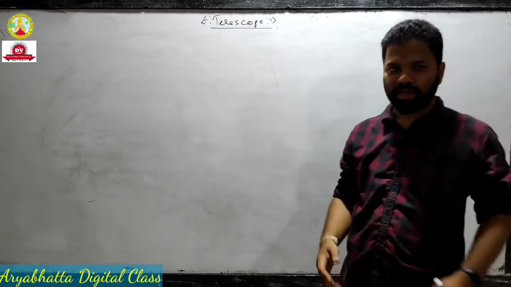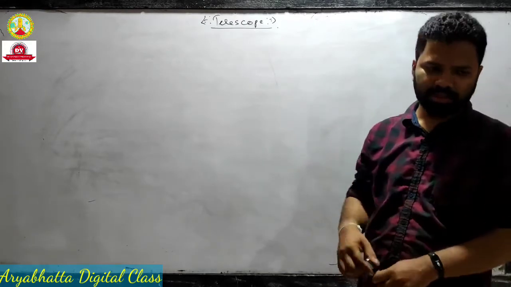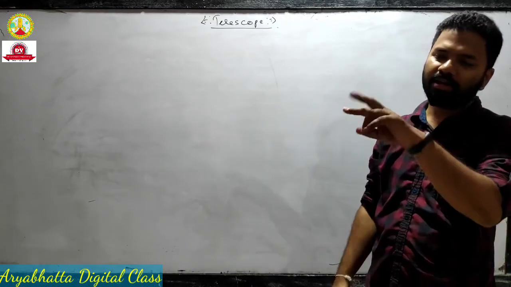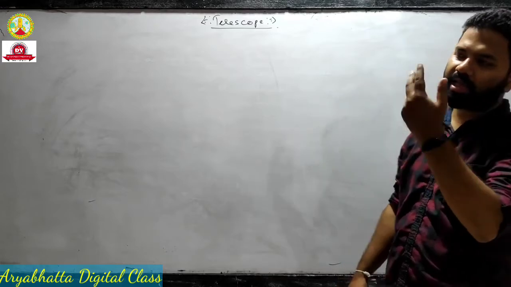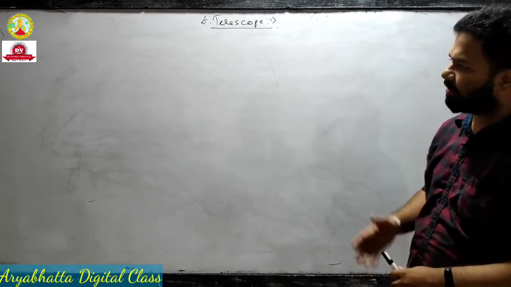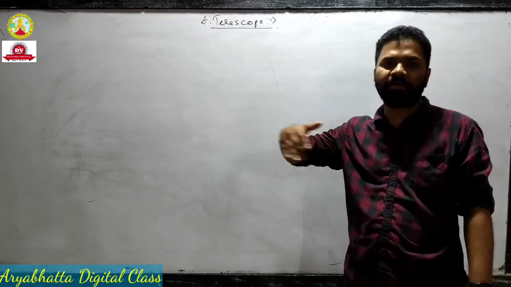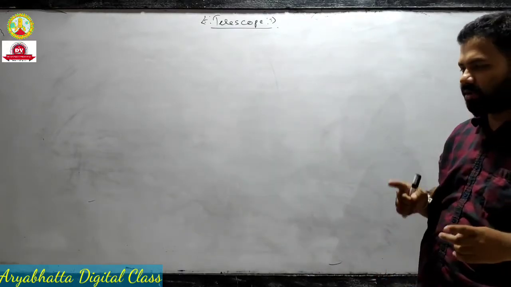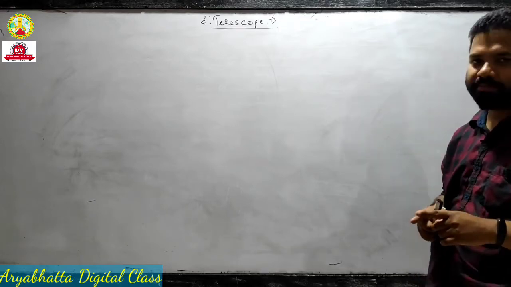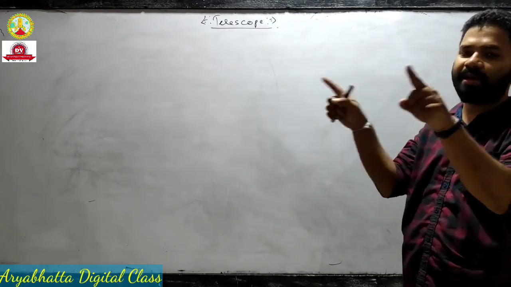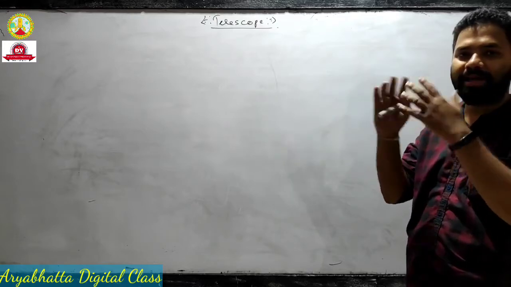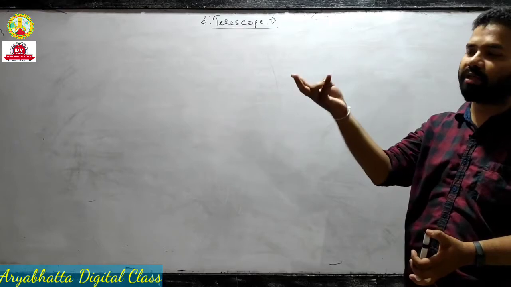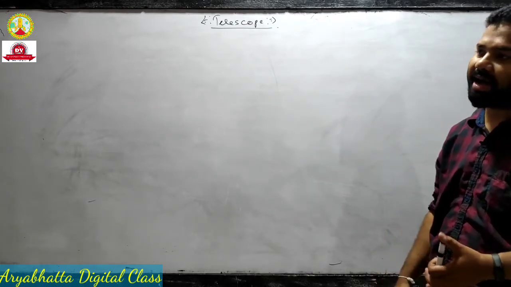It means suppose there are two objects. Suppose if you have placed the book nearer to your eyes, then you can see the two words. Suppose there are two letters, then you can see the two letters clearly. But if you move the book away from your eyes, then you will not be able to distinguish between the two letters. So the function of the telescope is to separate the two words. That is, it will provide a clear vision of the two letters for our eyes.